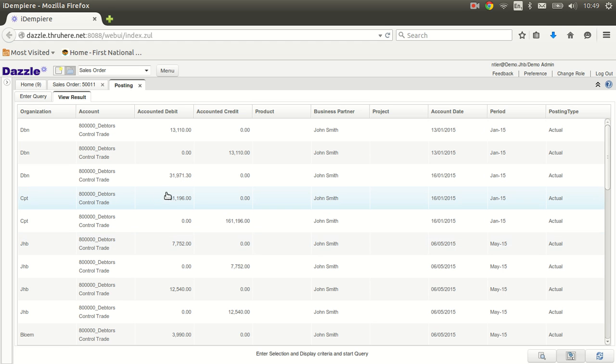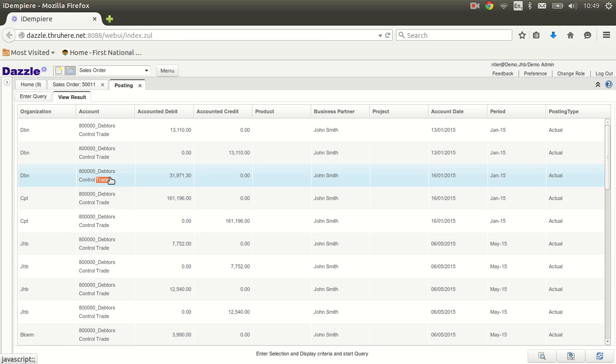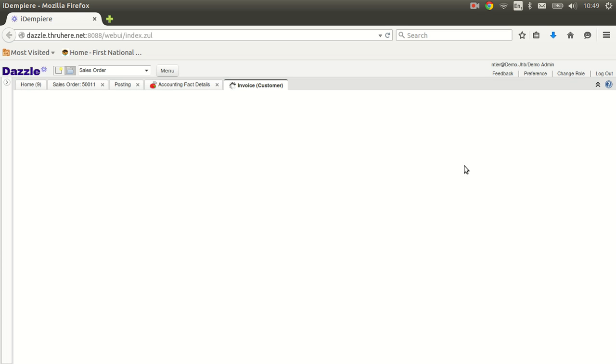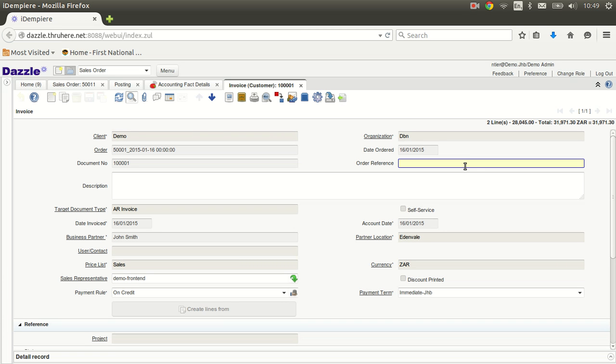And if you're interested, for example, in those 31,971 and 30 cents, if you want to see what actual document caused that general ledger entry, you can double click on it, whereby it would then take you to the accounting facts record. Basically, iDempiere keeps accounting facts for every general ledger entry, and then you can see it's involving the invoice table. So if you press that button, then it will basically take you into the invoice itself